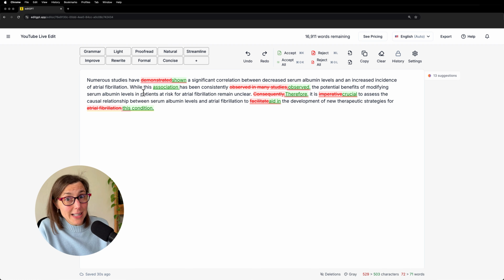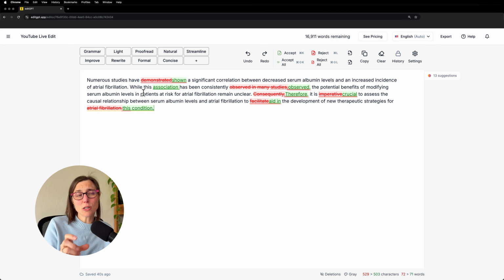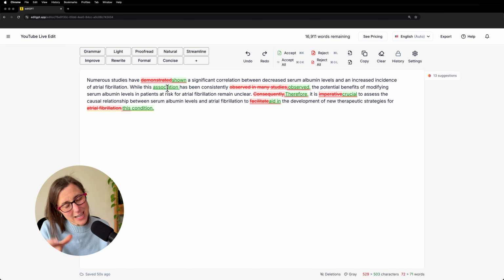Now, I do like that it added a subject. I would have chosen a different subject, and the reason for this is the flow. To connect the sentences, it's helpful to have similar words. And so I would have used correlation instead of association, and that way it just makes that connection to the preceding sentence a little bit stronger. So that was a great catch, I think, for this tool.